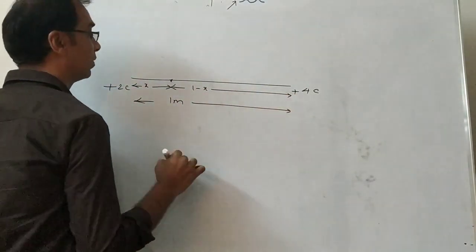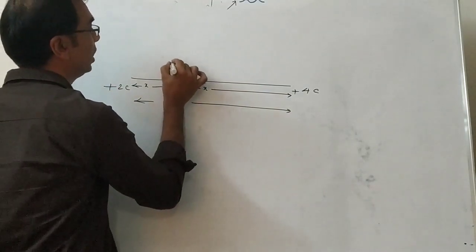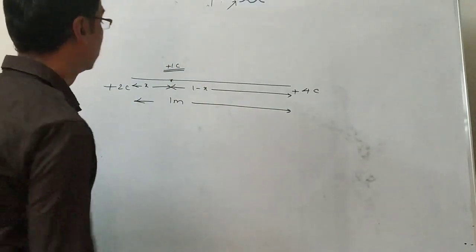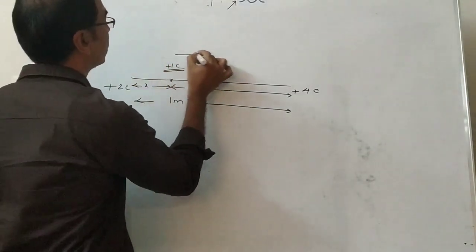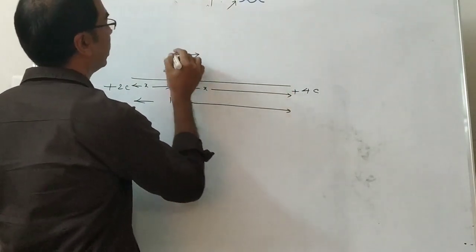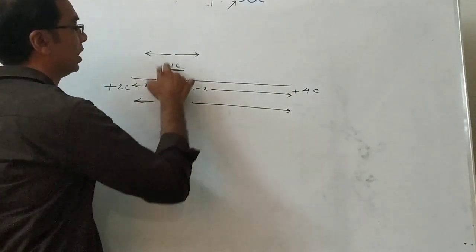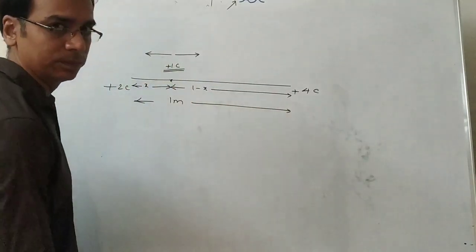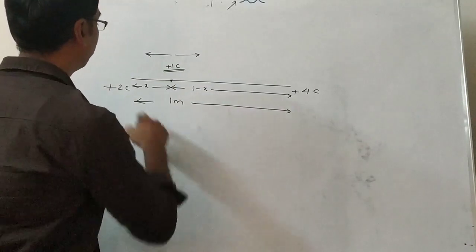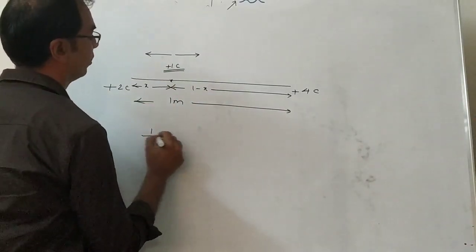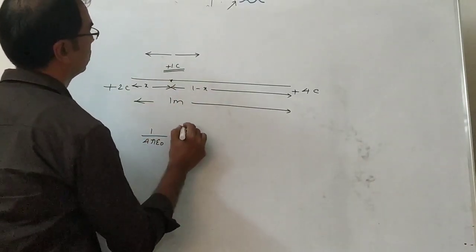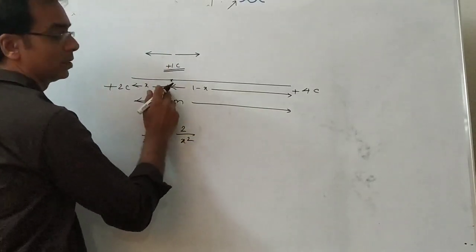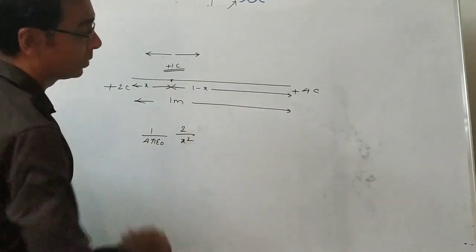Okay. Now for electric field, what we will do? We will assume here is which charge? Plus 1 coulomb charge. Okay. So this 2 coulomb is going to apply repulsive force like this, and this plus 4 coulomb is going to apply repulsive force like this. So here net field should be 0. That means field due to this plus field due to this should be equal to 0. So field due to this is what? This is 1 by 4 pi epsilon naught into 2 into 1 coulomb by x square.